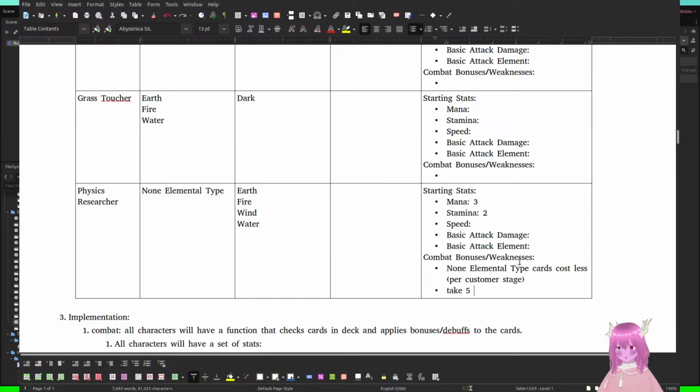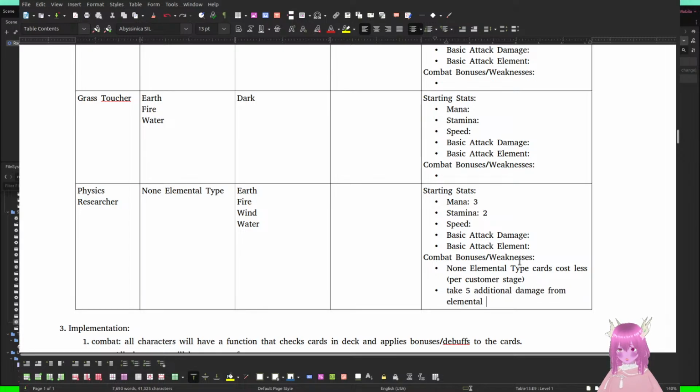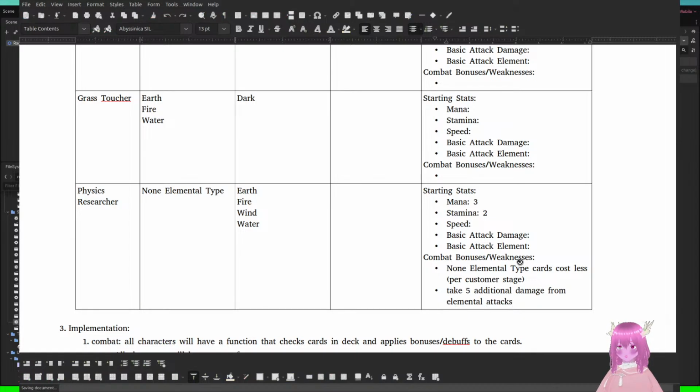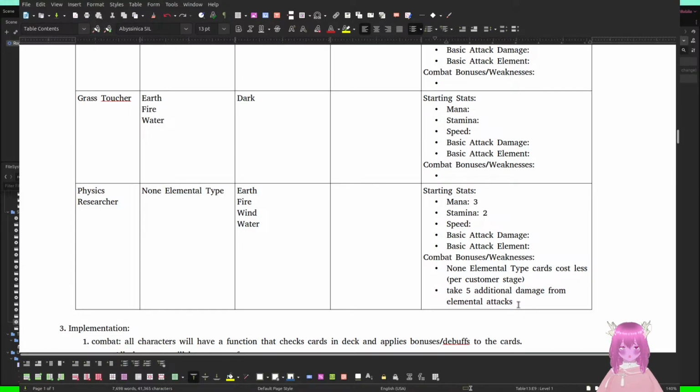Take 5 additional... Why am I struggling to spell additional? True elemental attacks. That's kind of scary. If a guy does an attack that hits 5 times, we die instantly. But who cares?